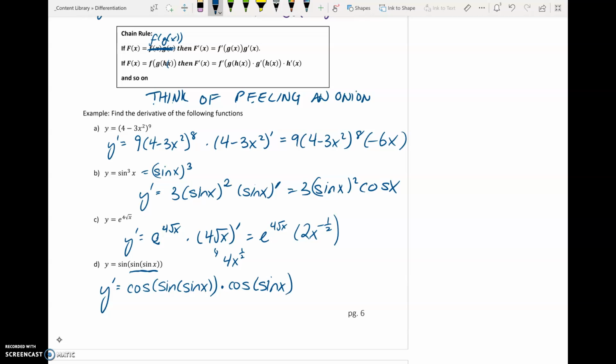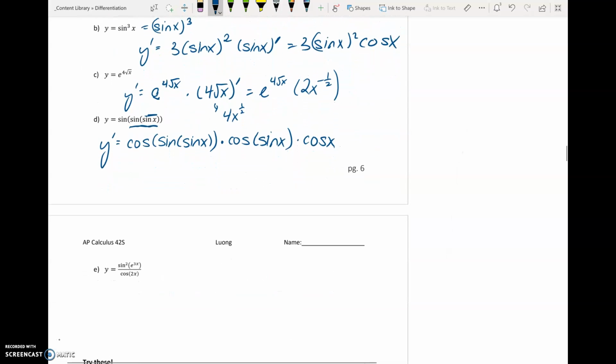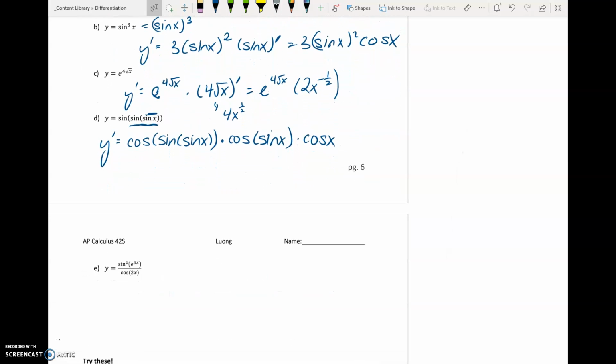Then lastly, we have one more, which is this sine x here. The derivative of sine x is cos x. And that's it. Here's another example, which is more complicated. We need to use the chain rule for our numerator because we have a function of a function. We also need to use the chain rule here as well. And then because this is a rational, we have to use the quotient rule. So let's take a look